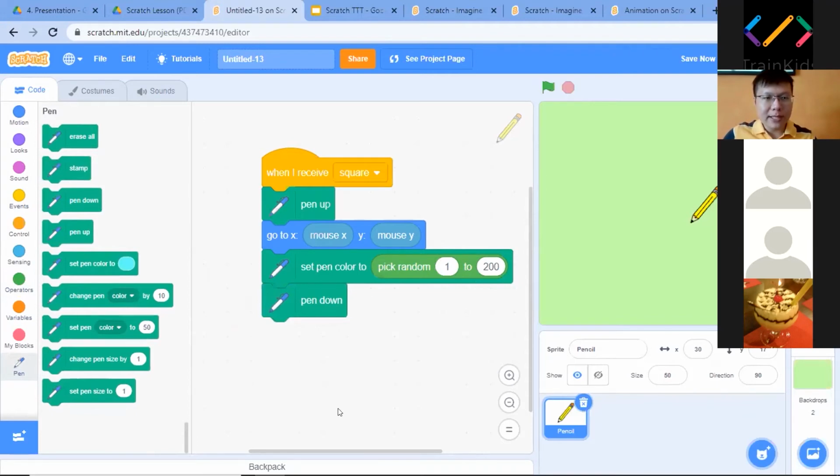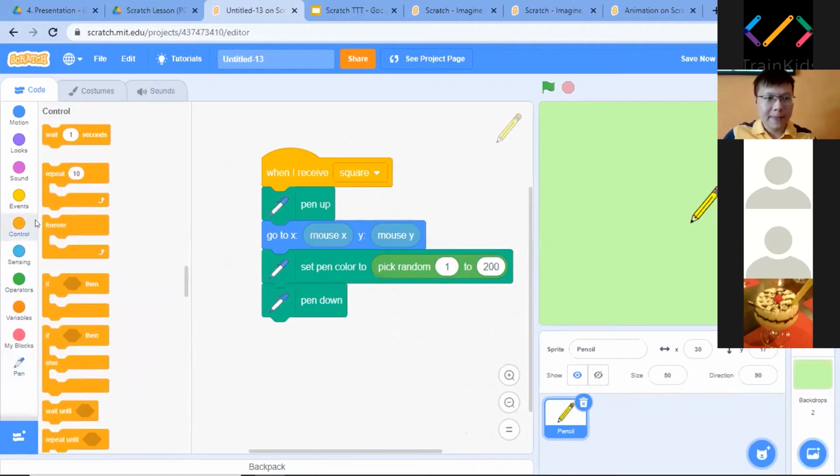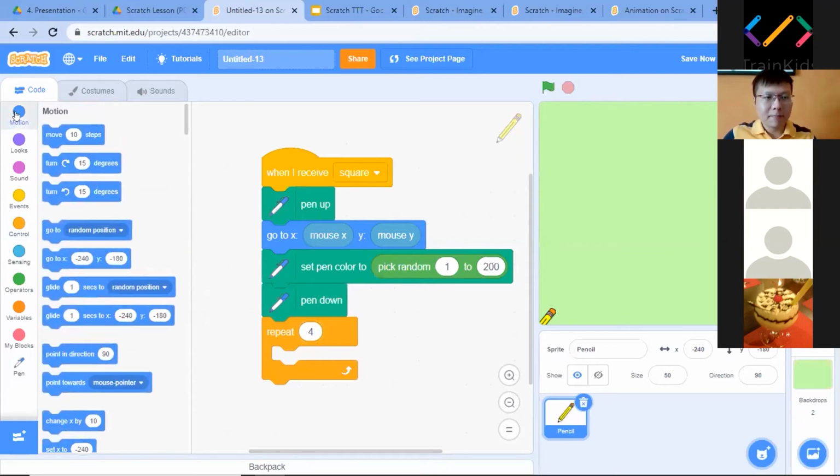We do a repeat for how many times? You go to the control blocks, look for the repeat, change the number to 4. Okay, and we go to the motion, move how many steps that we want,